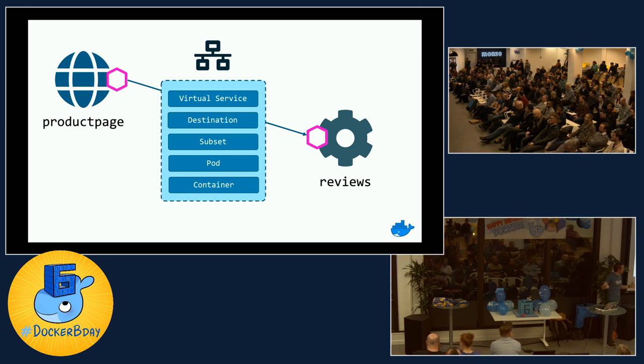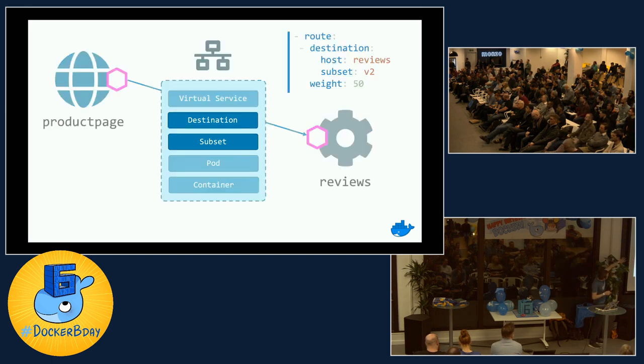At the bottom there, I've got my container. It's running in a Docker container, which is part of a Kubernetes pod. So those are standard resources. Above that, all these other layers are things that ISTIO injects. When the product page tries to get to the review page, it goes through this thing called a virtual service. A virtual service defines a destination, and a destination has one or more subsets. Then eventually it gets to a pod and then into a container. There's quite a substantial stack here. The definition isn't too bad: the things you're interested in are the destination and the subset, and this is what you can control the routing with.